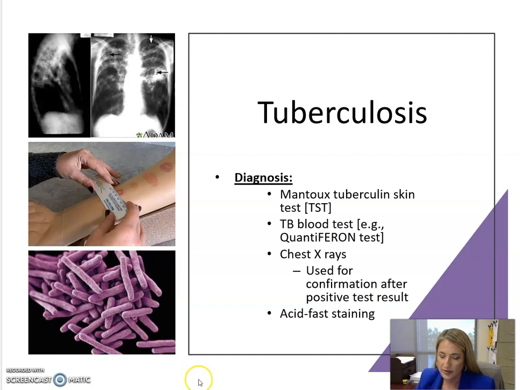So early diagnosis for TB is really important. There's several things that they can do to diagnose the infection. Probably the most common and the easiest is the MAN2 test, where they put a small protein from Mycobacterium tuberculosis in the arm, and then you go back several days later and they measure the amount of swelling and redness